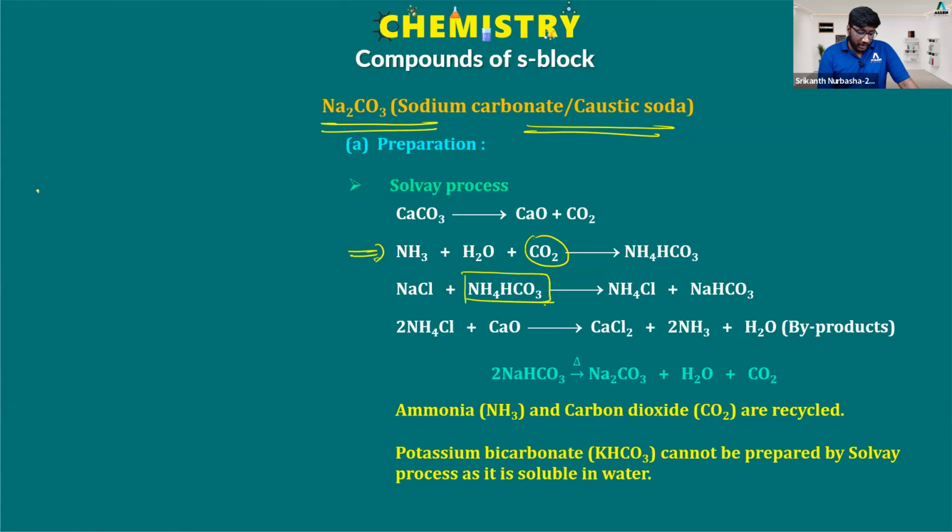When you heat 2NaHCO3, you will get Na2CO3 plus H2O plus CO2. Potassium bicarbonate KHCO3 cannot be prepared by Solvay's process as it is soluble in water. KHCO3 is soluble in water, whereas NaHCO3 is not soluble in water. The NaHCO3 will have Na plus and HCO3 minus ions. Because of the less solubility of NaHCO3, the insoluble NaHCO3 is taken out, and the crystals of NaHCO3 are heated